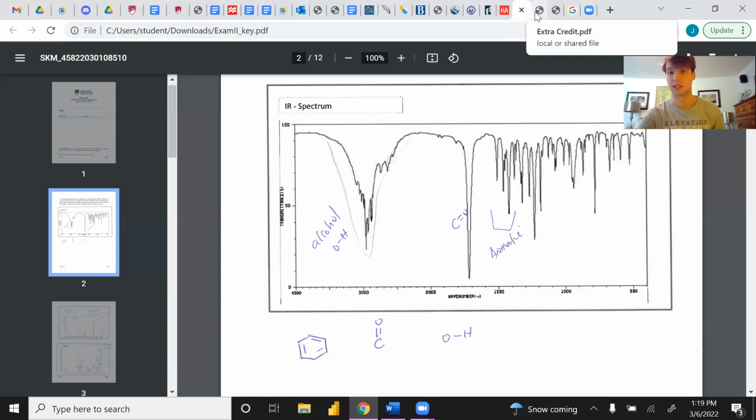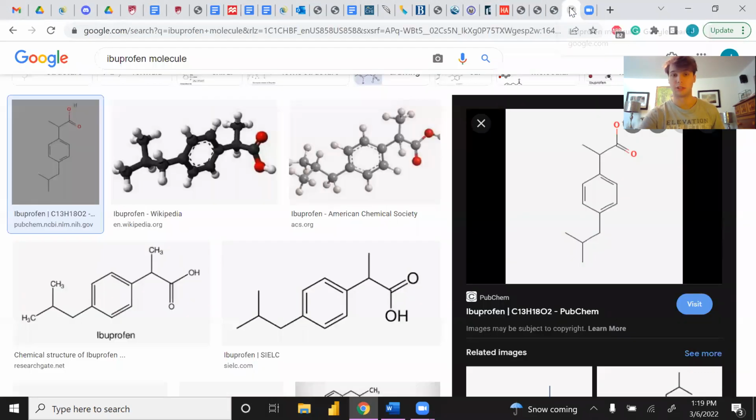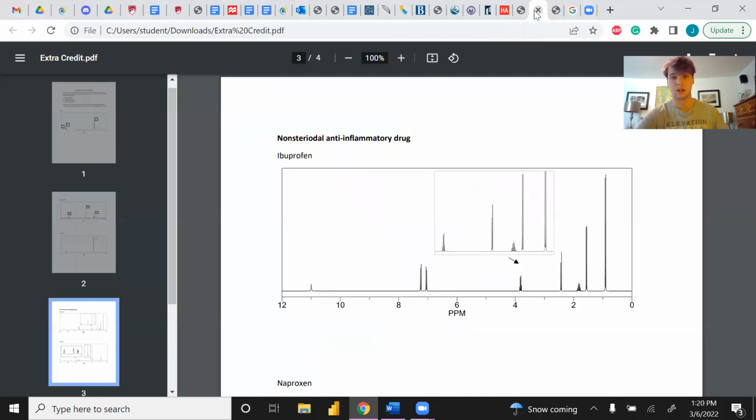But the next thing in the ibuprofen compound, which is what ibuprofen looks like, is that first of all there's a carboxylic acid group. Unfortunately I could not pick up on that before, but that's this peak over here. Yeah, that tiny little one around 11, that is the carboxylic acid group. And essentially all the rest of these peaks